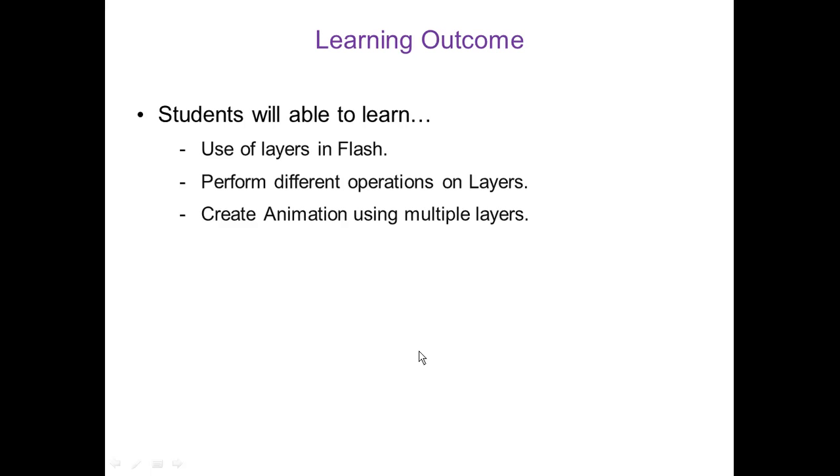Now we will see what is layer. Layer is the part of timeline panel. Layer is like a transparent sheet where we can hold a particular object. One layer can hold only one object. Layers are basically used for making the animation easy. They allow us to keep the elements of animation separate. By default, only one layer is inserted. Now we will see this by the demonstration.